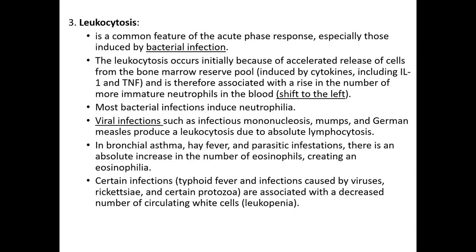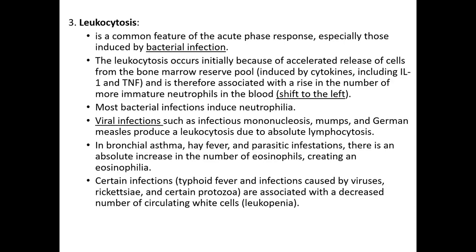Leukocytosis is a common feature of the acute phase response, especially those induced by bacterial infection. Leukocytosis occurs initially because of accelerated release of these cells from the bone marrow reserve pool. Cytokines, including interleukin 1 and tumor necrosis factor, which are the most involved cytokines in acute inflammation, are therefore associated with a rise in the number of more immature neutrophils. The more immature neutrophils will come out of the bone marrow into the blood,